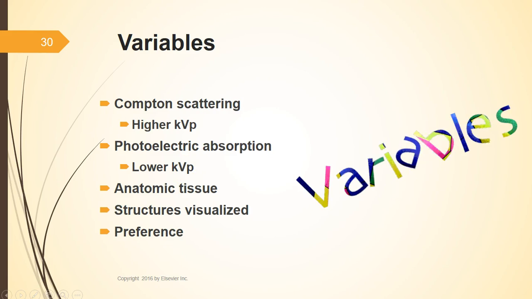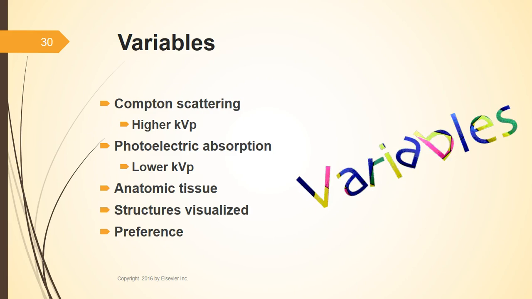Now, it also has to do with anatomic tissues, how they're actually absorbing or transmitting, and it has to do with the structures that are visualized, and it can do with the preference of the person who is interpreting. So for most anatomic regions, there is an accepted range of kVp that gives appropriate levels of contrast. And you're going to find that when you go to clinical, they're going to say for a chest x-ray we use this range of kVp. For a foot x-ray we use this,